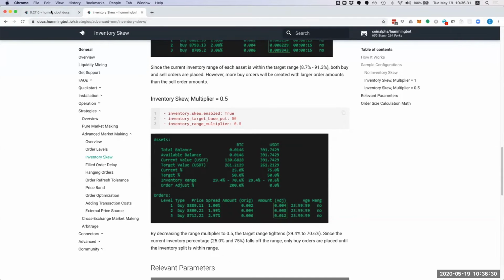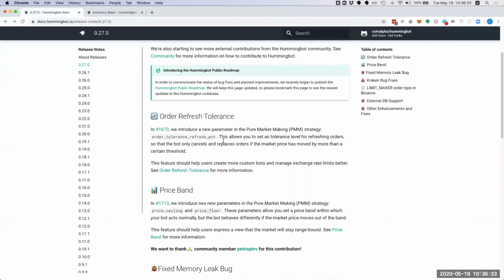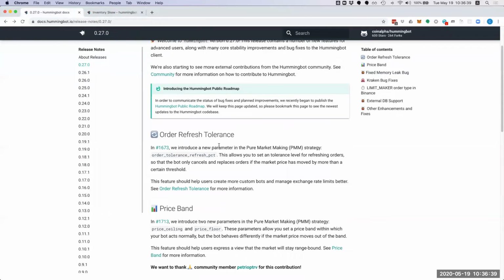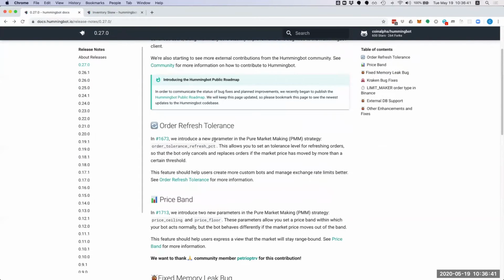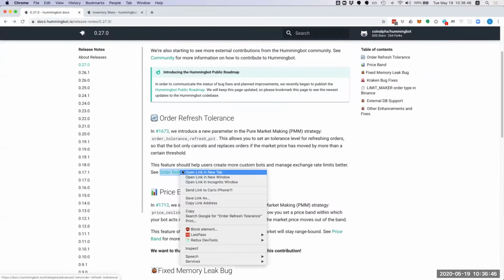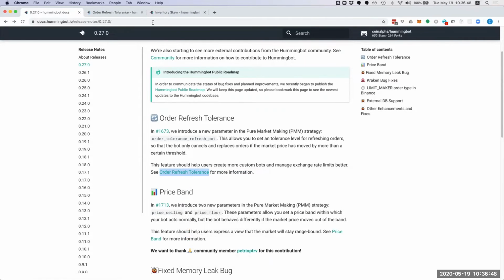So then in this latest version, just moving on. In the latest version 0.27.0, which we released yesterday, we added two more features which are pretty useful. So one is order refresh tolerance and one is price band. So what order refresh tolerance is